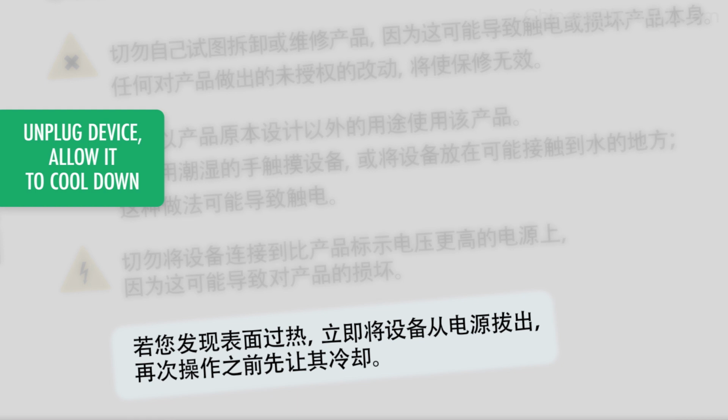The manual says that if you notice the surface overheating, unplug the device immediately and allow it to cool down before handling again. 若您发现表面过热，立即将设备从电源拔出，再次操作之前先让其冷却。